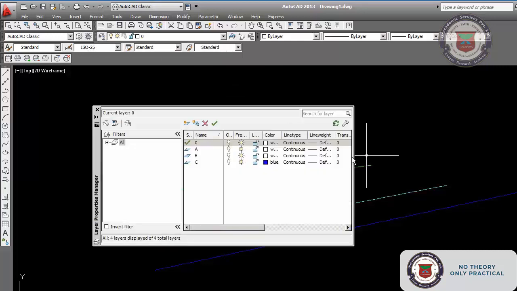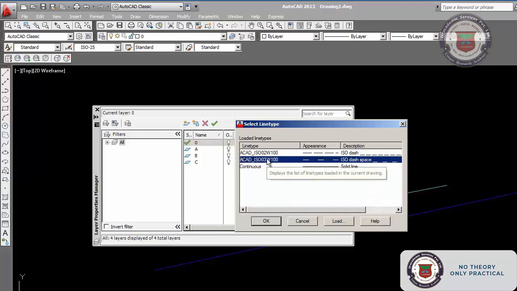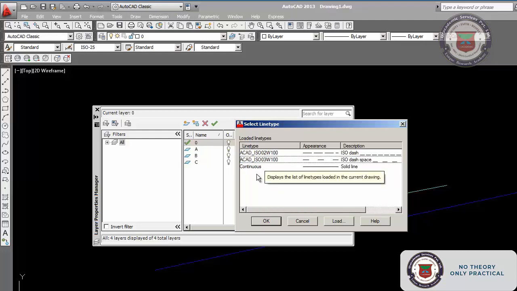Now we will have another property called line type. Line type here, this is a continuous line. We can make this line different, to different layers. So there are three line types here. The first one is continuous, the zero line is continuous and solid line. The other one, ISO, is dash space, and the third one, ISO 200, dash dash.